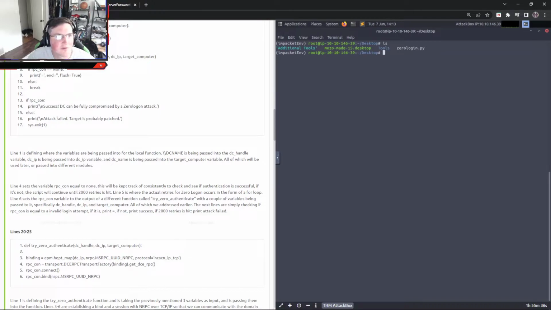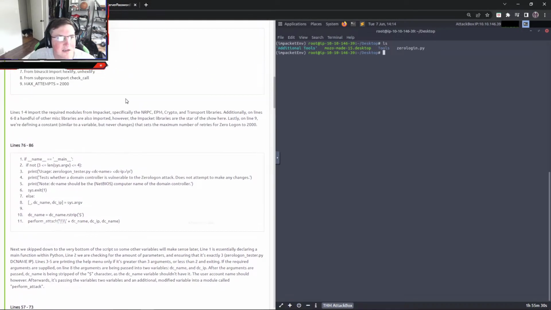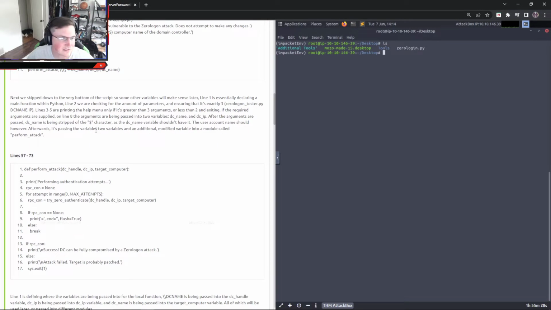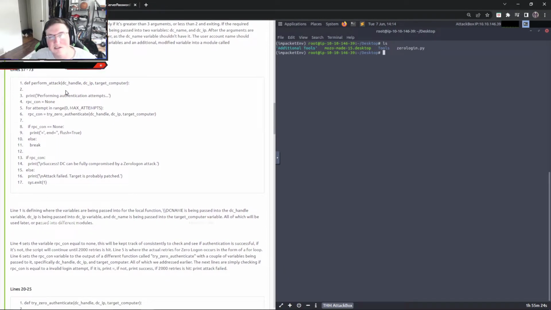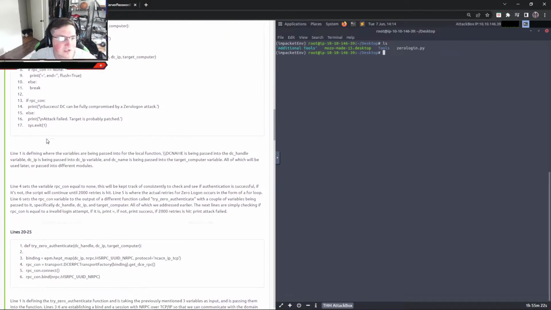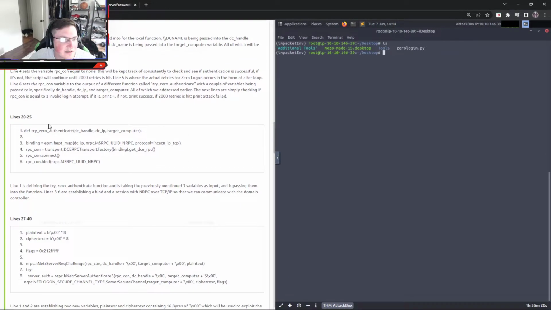So you can see here for attempt in range. It's running a for loop. It's going to start at 0 and go to max attempts, which we saw earlier is declared at 2,000. So it's going to run a for loop 2,000 times until it gets the 0, which is what we're looking for. Okay. So here they're defining try 0 authenticate, and you can see they're passing some arguments to it,